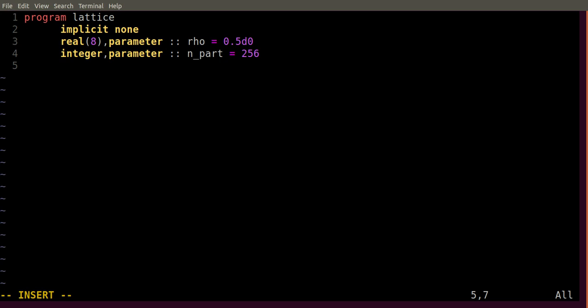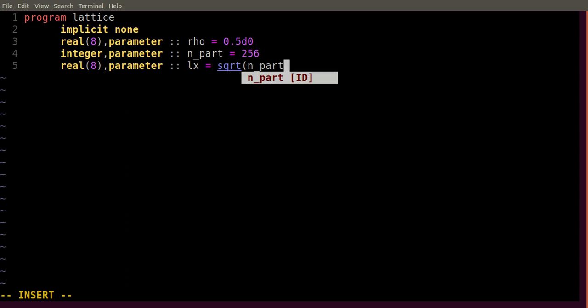As I already mentioned in that lecture, Lx and Ly are also real parameters. So Lx is basically the square root of n part.